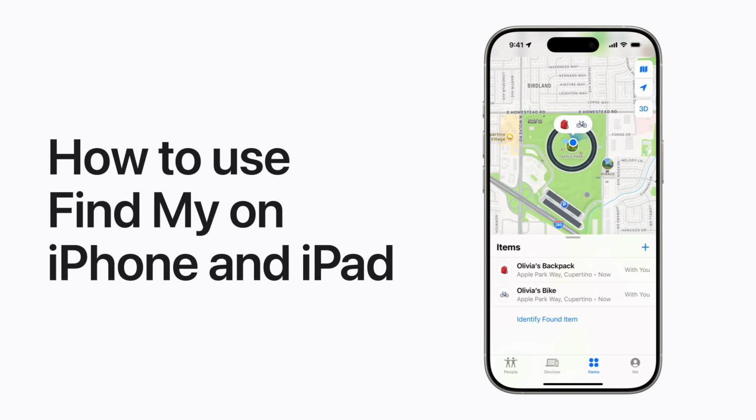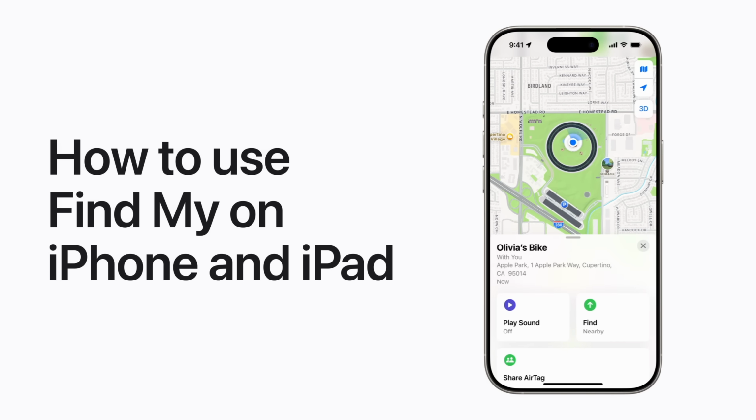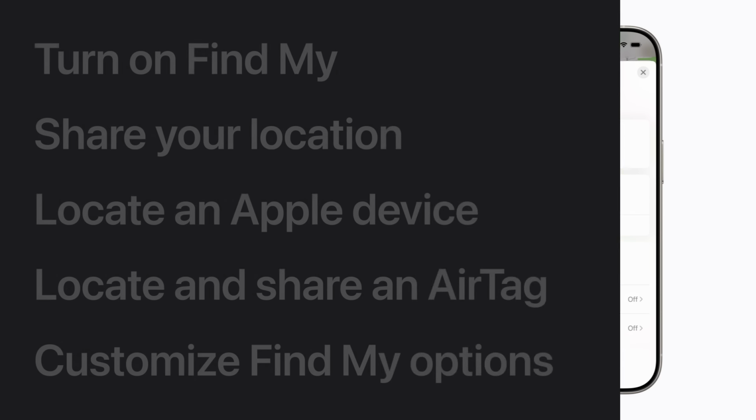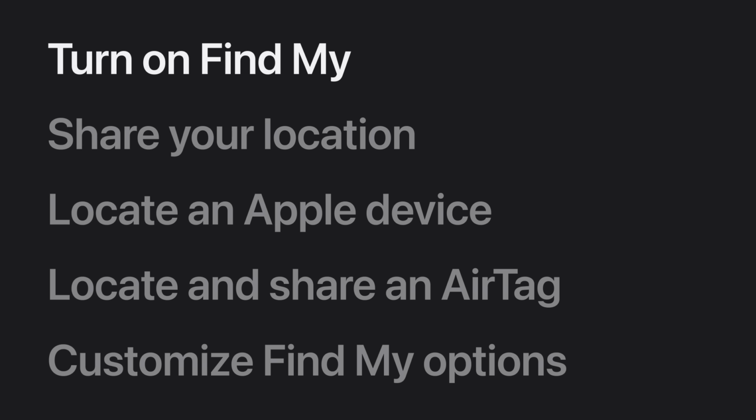Find My helps you locate lost devices and items, share your location, and more. Here's how to use the Find My app on your iPhone and iPad. First, we'll show you how to turn on Find My. And then we'll show you how to share your location with friends and family, locate a lost Apple device, locate and share an item with an AirTag attached, and customize your options in Find My, including sending your location via